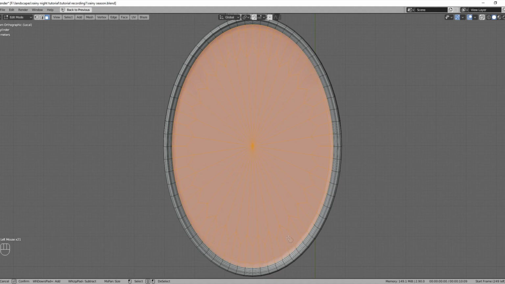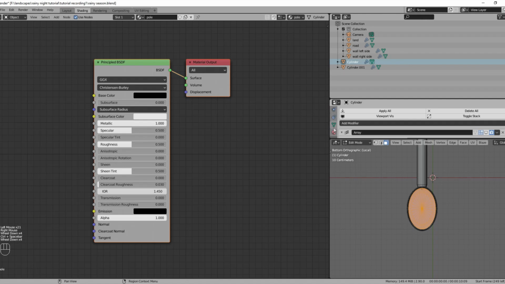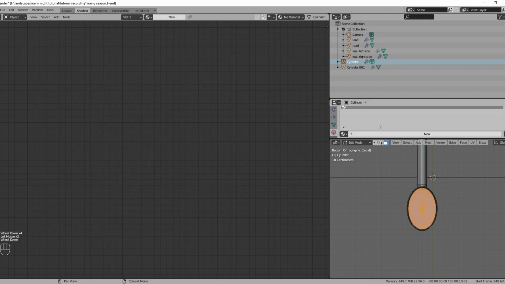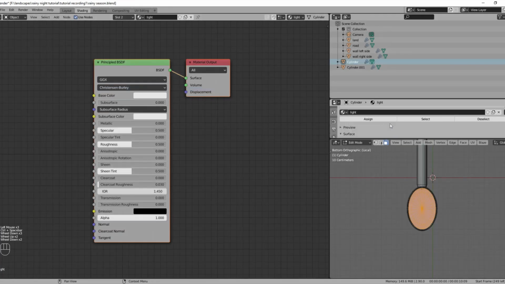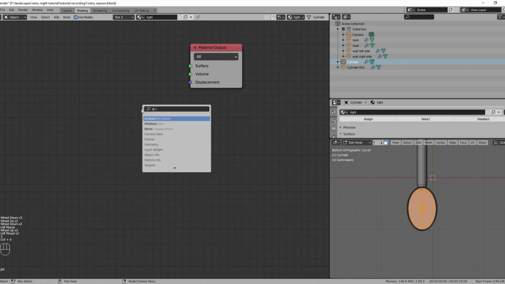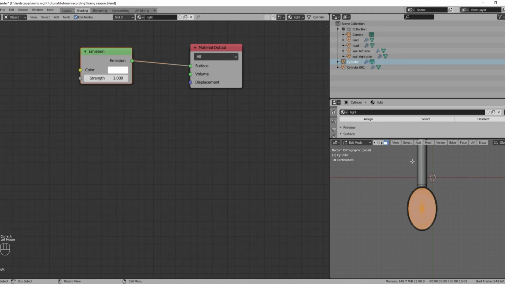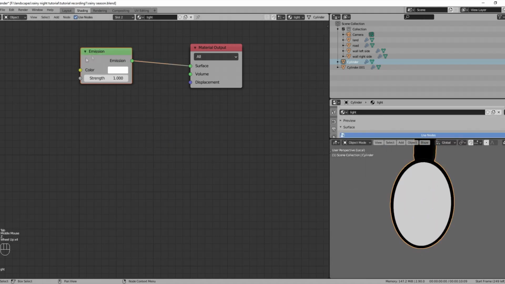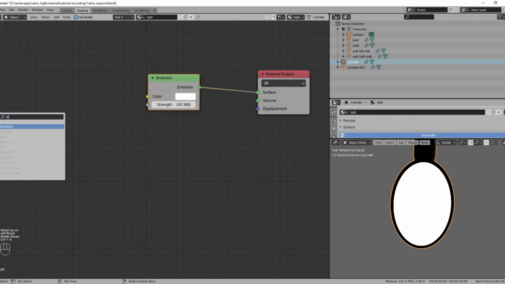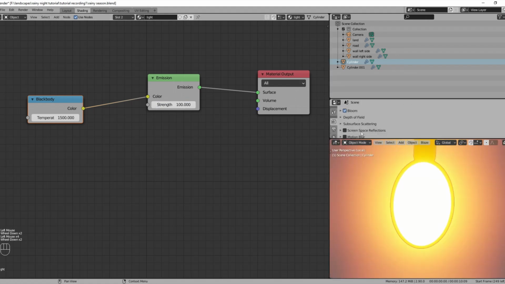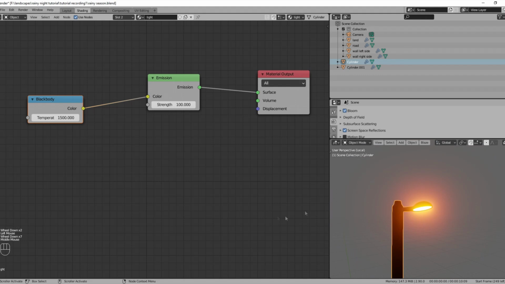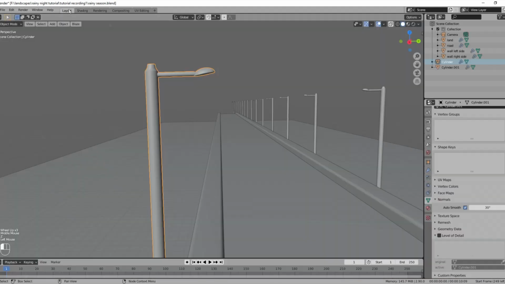And now, after selecting all the area we want to assign the material to, you just go to the materials, add a new slot, add a new material to the slot, and click on Assign, and this will add that material to the selected part of the mesh. And now I am just going to delete the Principled BSDF node and instead add an Emission node and connect it to the material output, and also add a Blackbody node for the emission color, and the emission strength should be around 100, and also check on bloom to get that cool, amazing glow around the light. And this has already started to look good now.